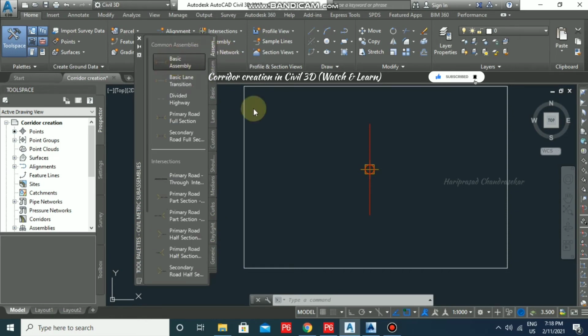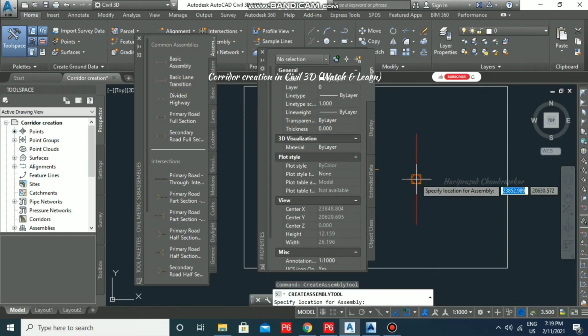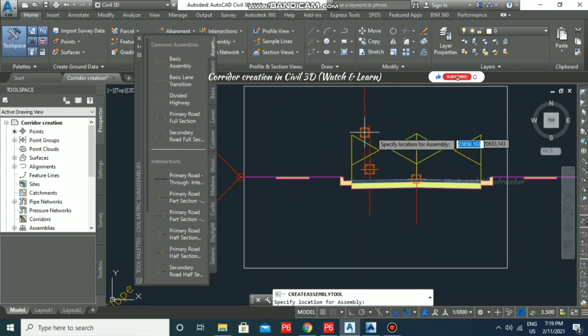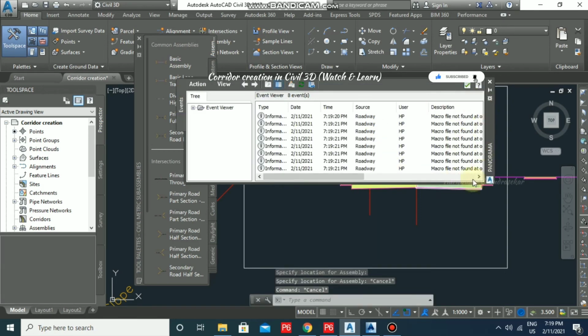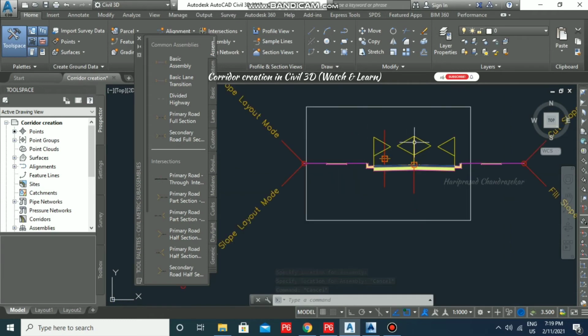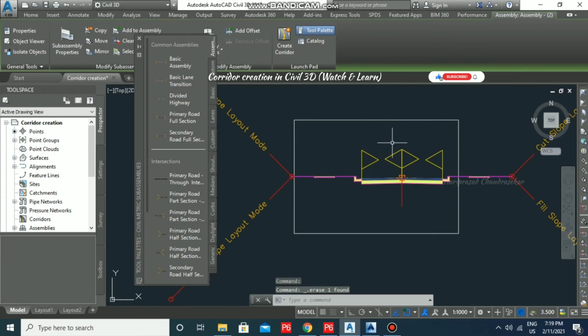Here I am taking it, so I'm clicking here. See, basic assembly is automatically coming, so we don't need this, we can delete it.